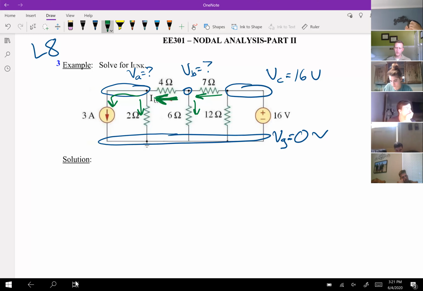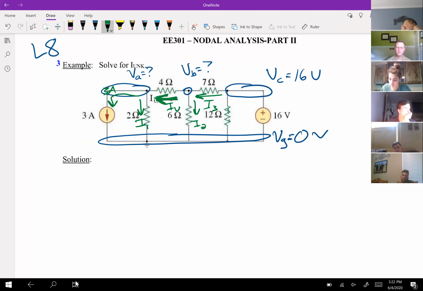So if I'm looking at each of these, I'll just call this one 3 amps because I know it. I'm not even going to label it I1 or anything because I know it's 3 amps. I can see that going across. This one I'll label as I1. This one I'll leave as IU, as I unknown. They already gave it to us. We'll call this one I2, and we'll call this one I3. Now, note that I didn't draw the currents going through this one right here, through that 12 ohm resistor,